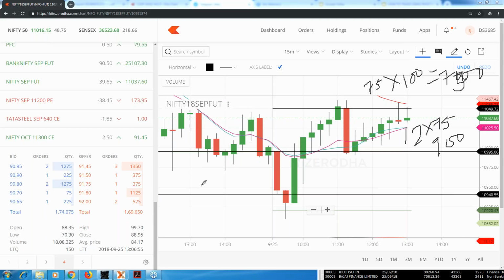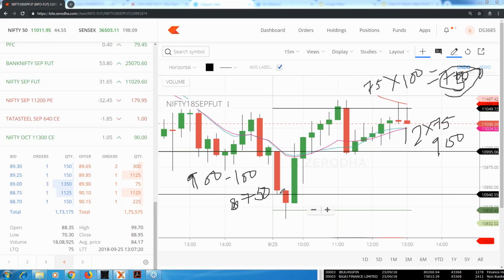So 900, and you can also subtract 100 rupees from it, because buying and selling in Zerodha will cost you about 100 rupees. So let me just subtract that as well. So you get 800 rupees. Or let's take it very broadly, 750 rupees we get after deducting our brokerage and everything, and the investment was 7,500. So roughly in a few minutes you get 10% return, right? It is a phenomenal return. If you trust me, or yourself, it's a phenomenal return, right? So it gives you 10% return,